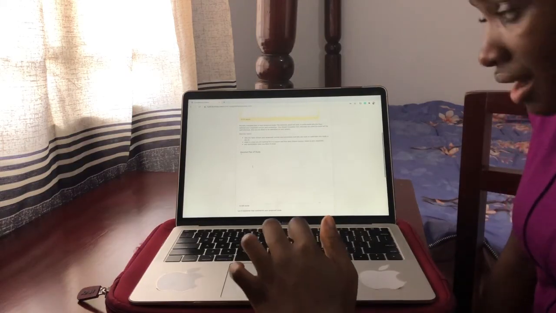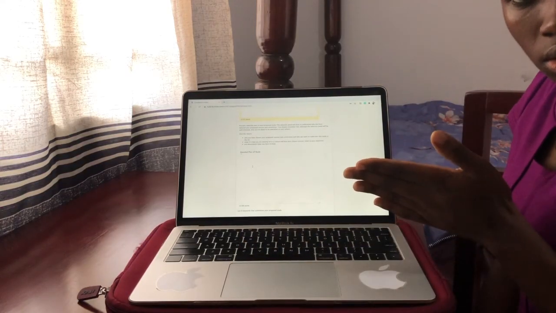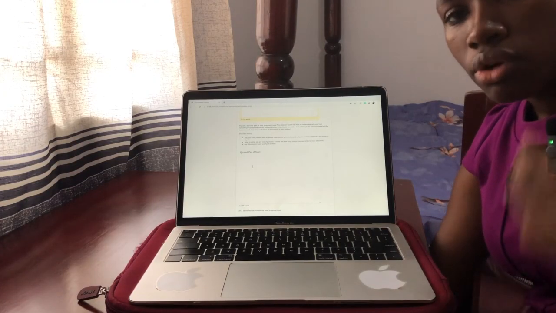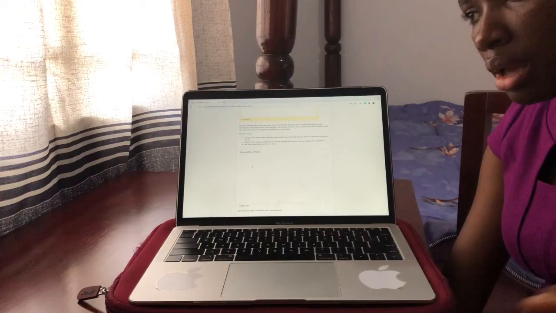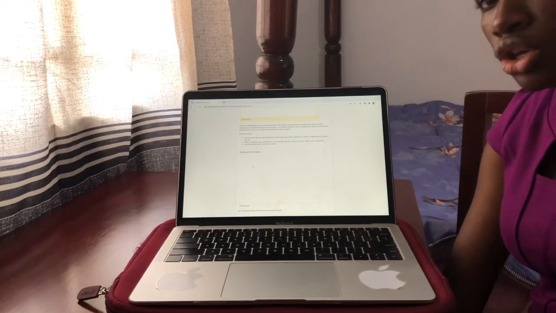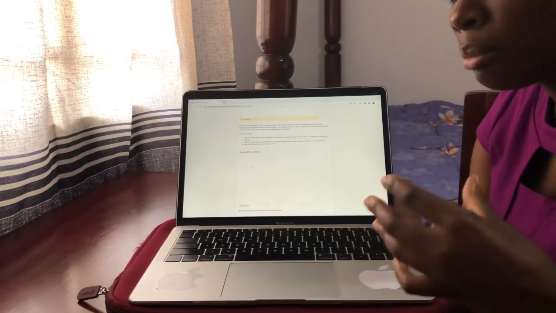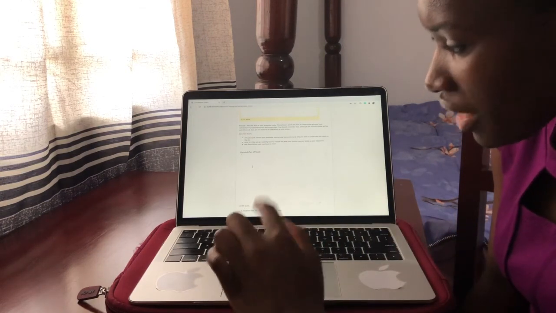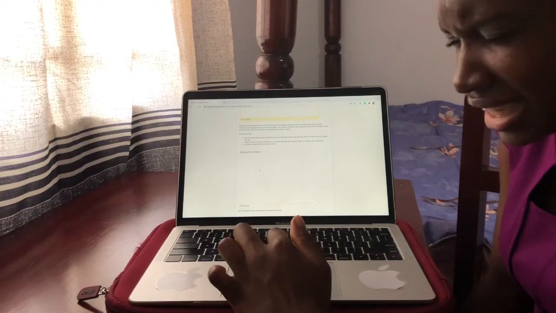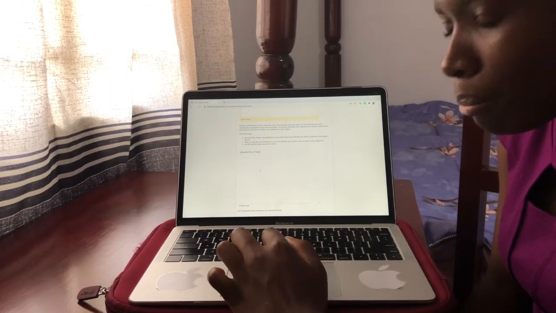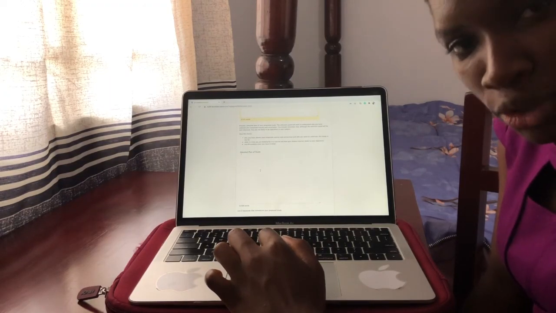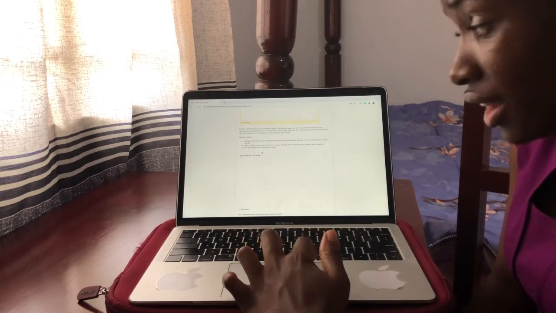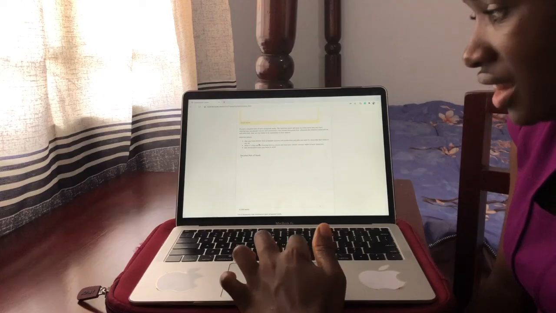So what about a PhD student? First of all, you have to indicate the importance of your study here, and then try to introduce the research question. But for you to introduce the research question, you have to bring the background information that links well. Oh my goodness, make sure that your essays link up properly. But you have to plan for each and every essay for you to be able to do this, and you need practice actually.